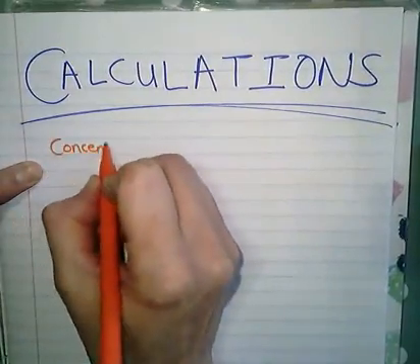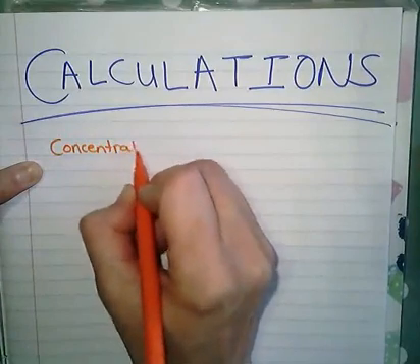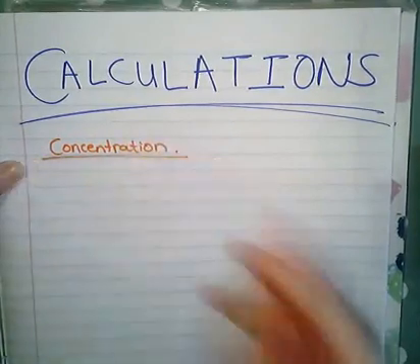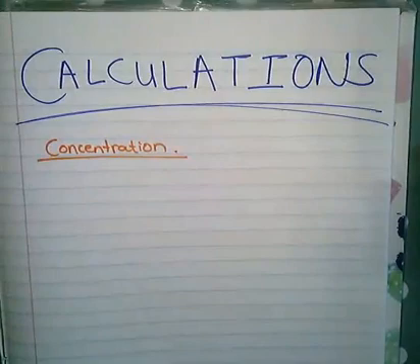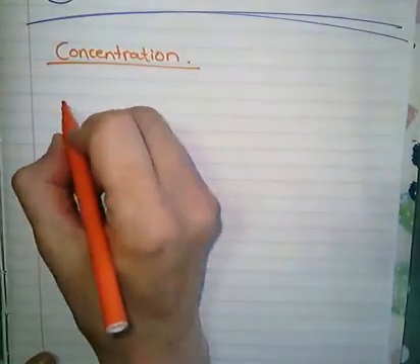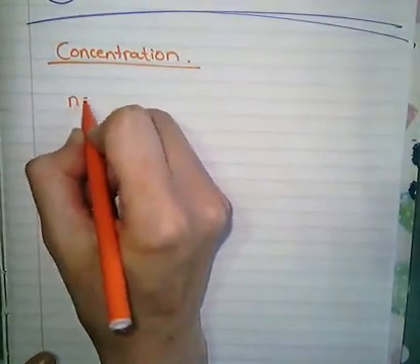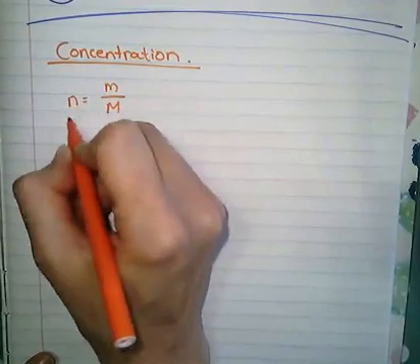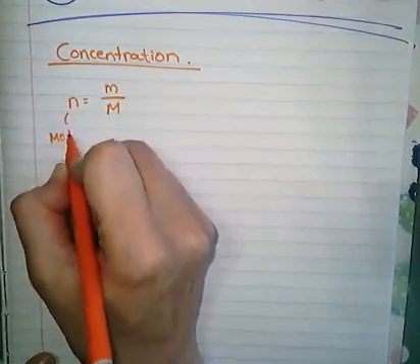So you remember that n is equal to m over M, where n is the amount of moles, m is the mass in grams, and capital M is the molecular mass